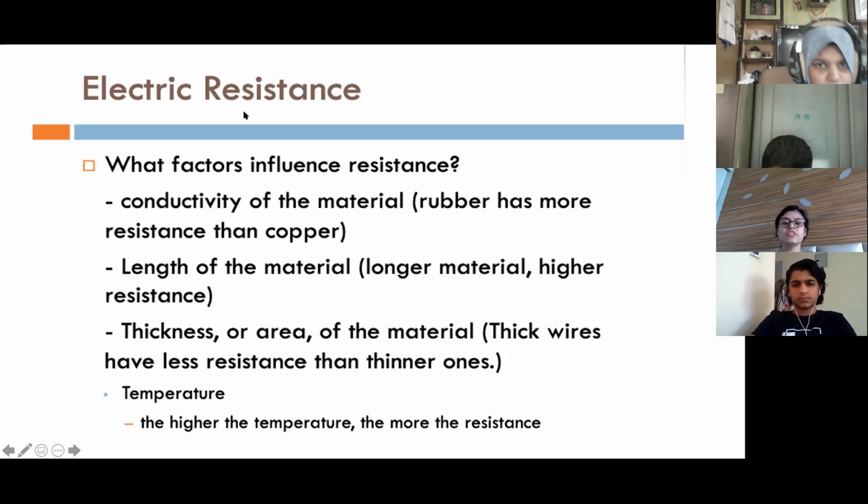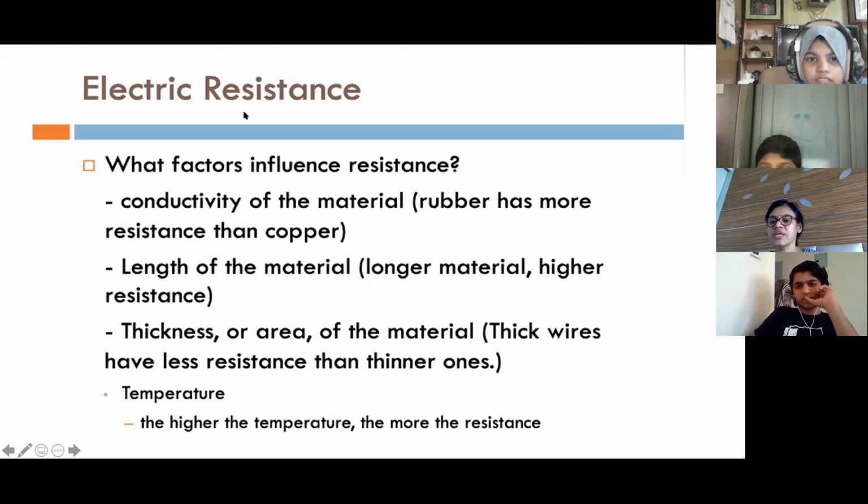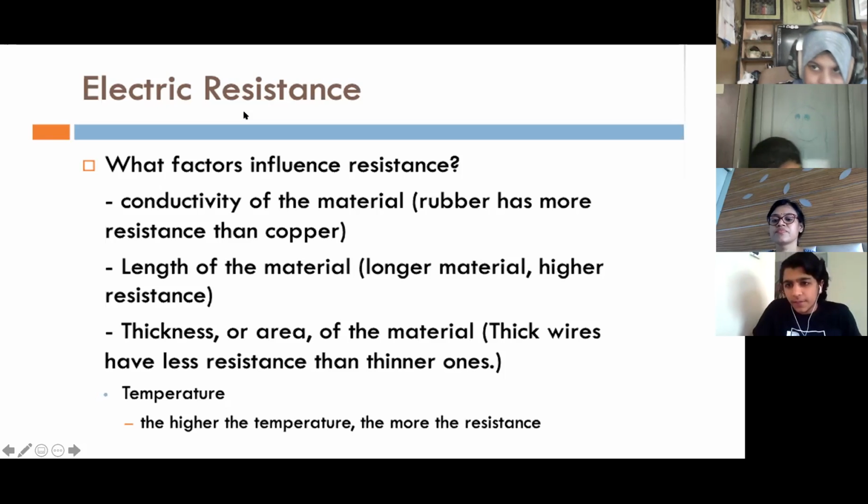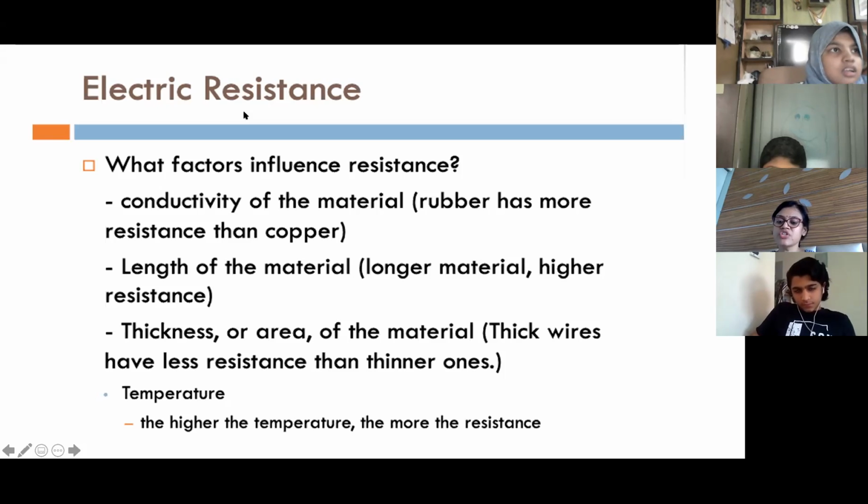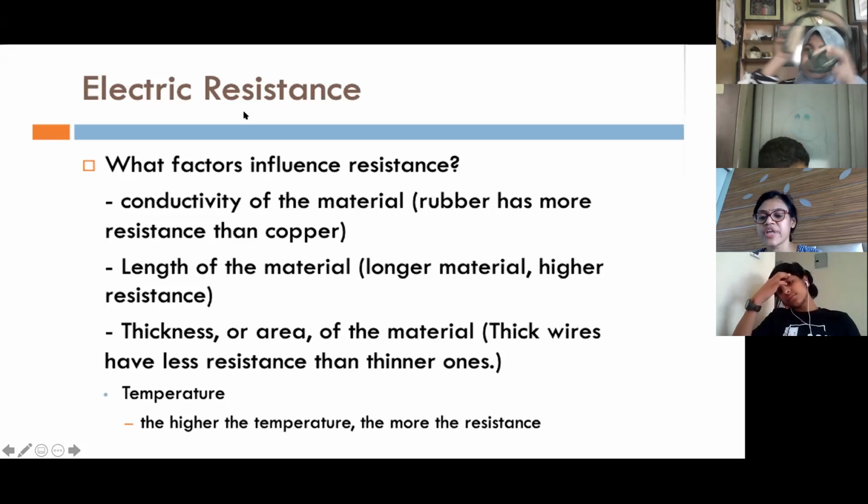Okay. Only thing is, what is the difference between flow of current and flow of electron? Can you tell me, Munir? You say that flow of electron is only flow of current, but there is one small difference. Yes, Amina. The current flows in one direction, but the electrons dash. No. Electron also flow in one direction, current also flow in one direction. Yes, Abdullah. Electrons flow from negative terminal to positive terminal and current flows from positive terminal to negative terminal. Yes. So direction of electron flow is opposite of the direction of current flow.